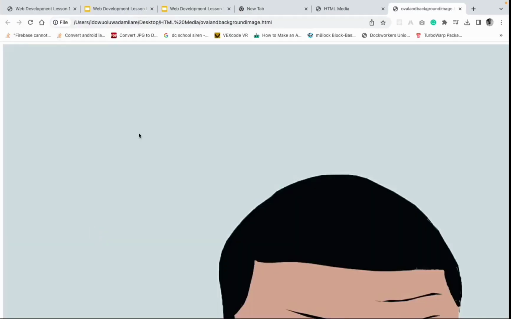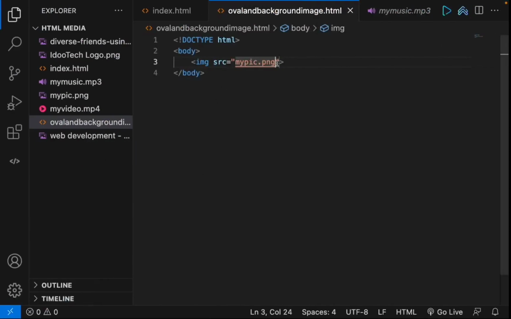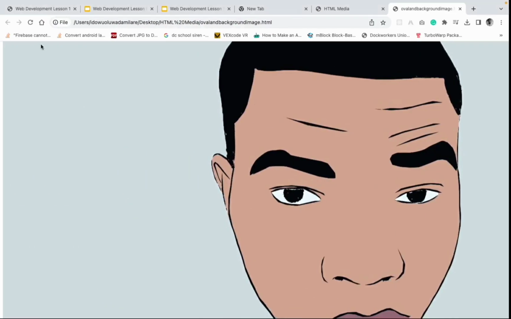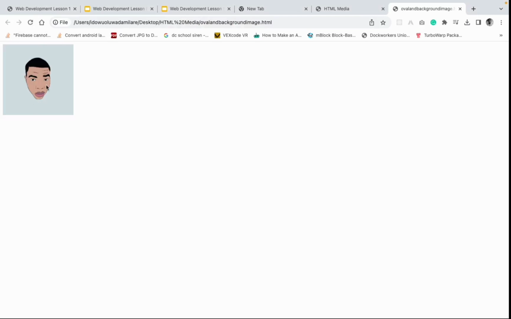This one, that's the HTML document, and the size. You can specify the width. You don't need to specify the height. Sometimes when you specify the height, it can shrink the picture, if you are using a height and width that is different from its natural width and height. So you can see now this picture I'm using is a square picture, so it will give us a perfect